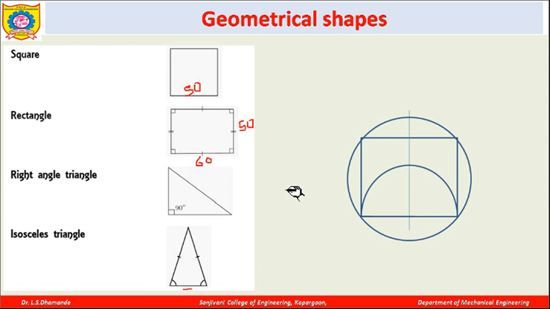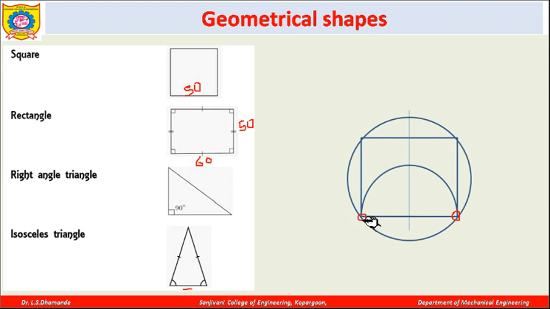There is one simple method to draw any polygon, so I'm just going to explain how you can draw the square by using that particular method. Actually it is very easy to draw the square directly like this, but there is one method which, if you use it, will be useful for you to draw any polygon. So let us consider, suppose you have this particular side with which you have to draw some polygon. In this case you have to draw the square.